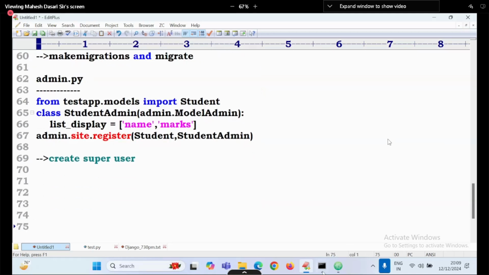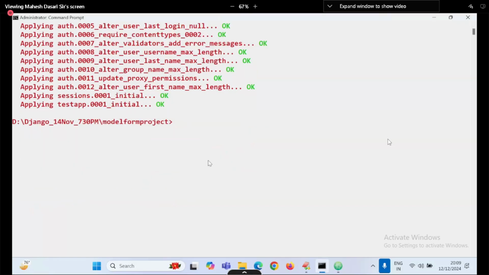So create a superuser, check the table. How to create a superuser? Run python manage.py createsuperuser. Leave the email ID blank,